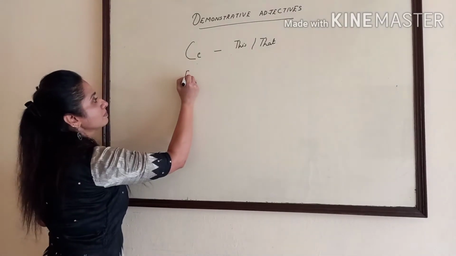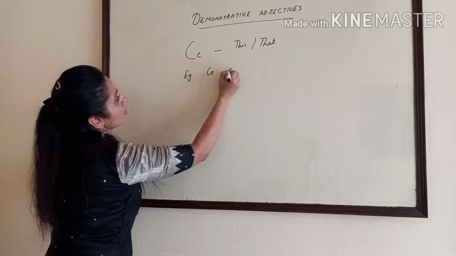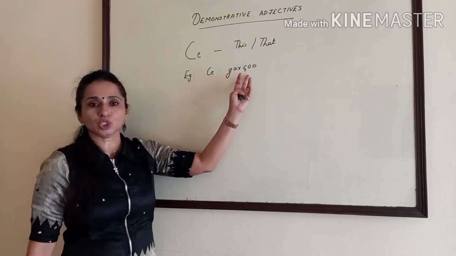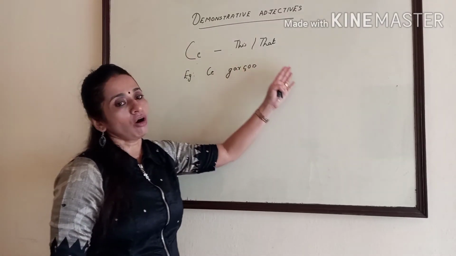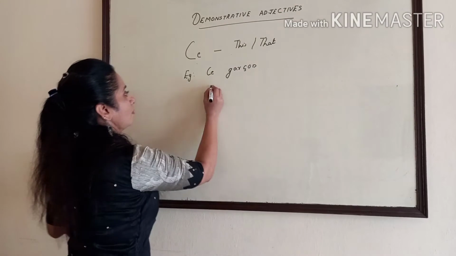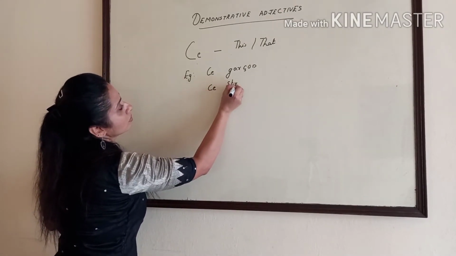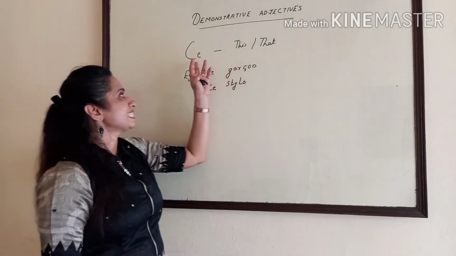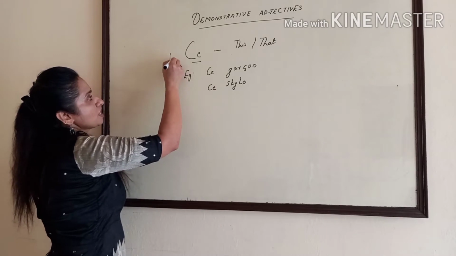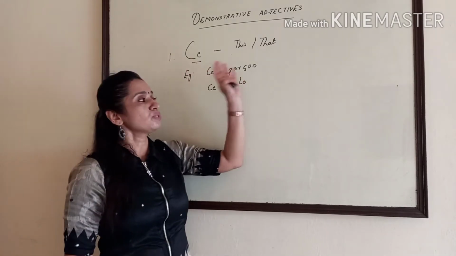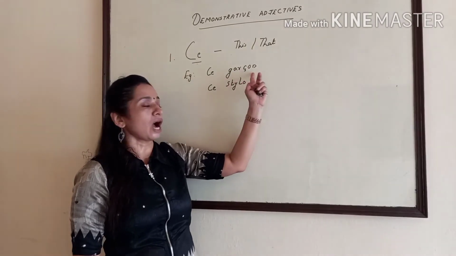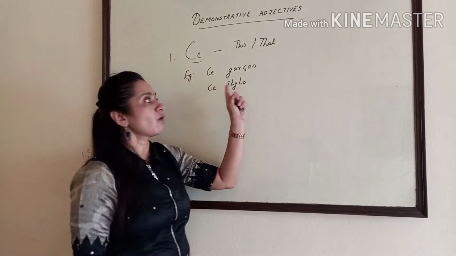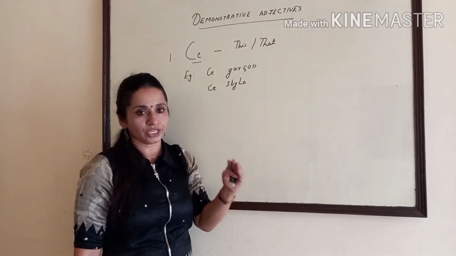For example, ce garçon. Garçon means boy. Ce garçon means this boy or that boy. Ce stylo, this pen or that pen. So this CE is the first demonstrative adjective in French, used before a masculine singular noun beginning with a consonant sound. And if the masculine singular noun begins with a vowel or silent H, we will use